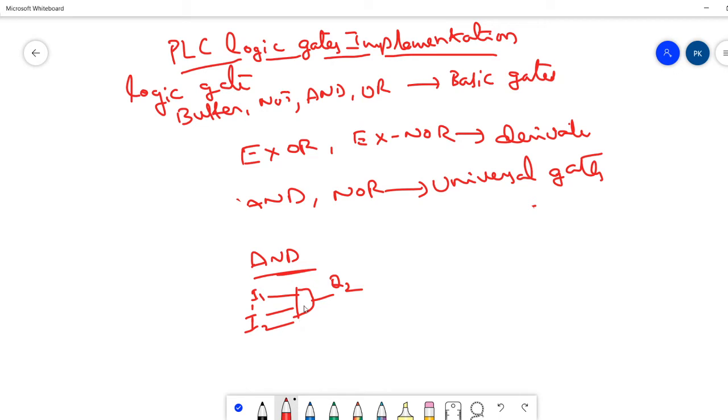So this is a two input and one output device.